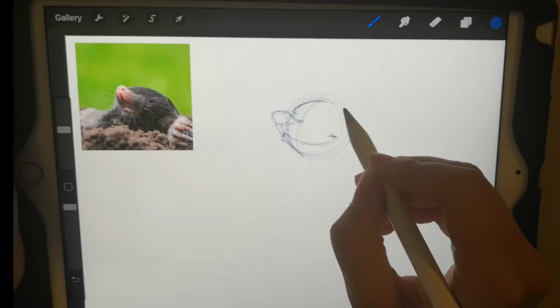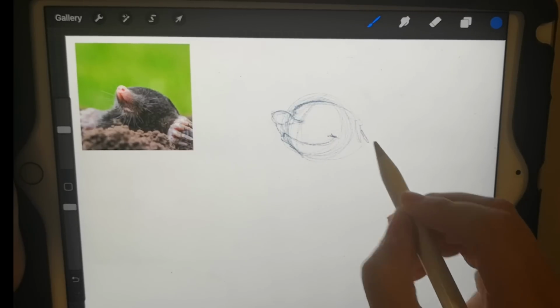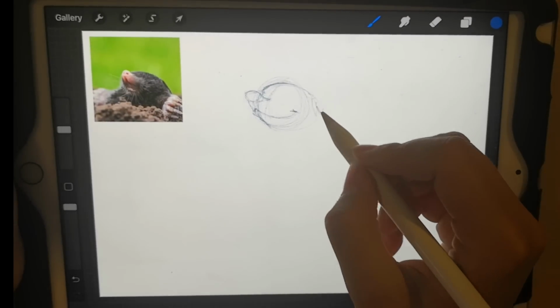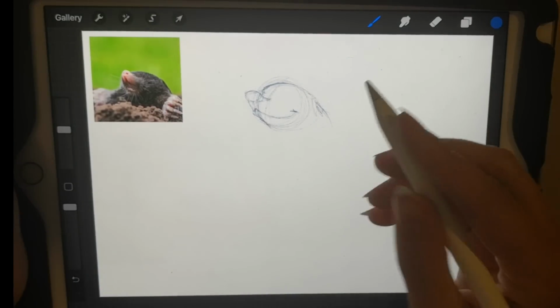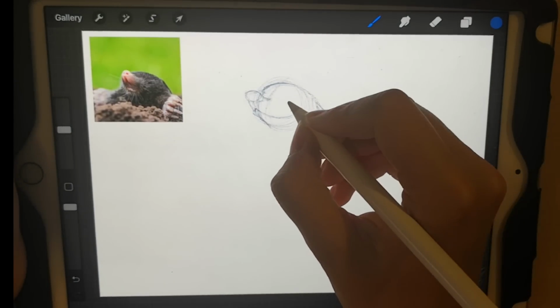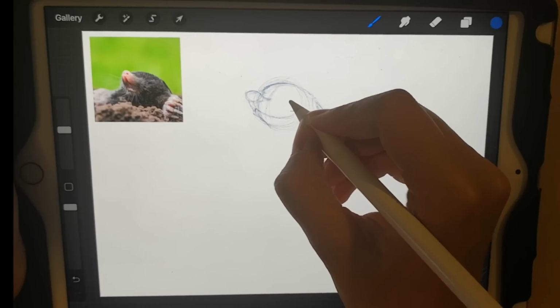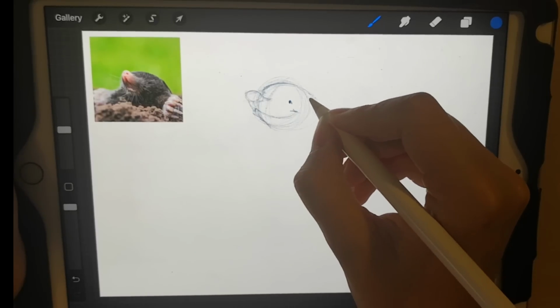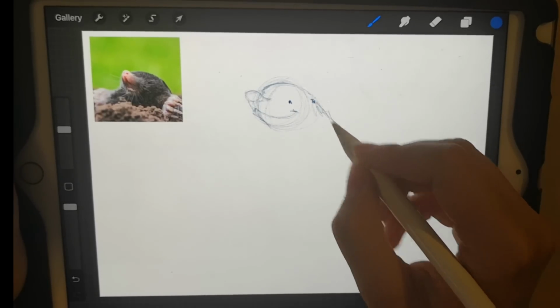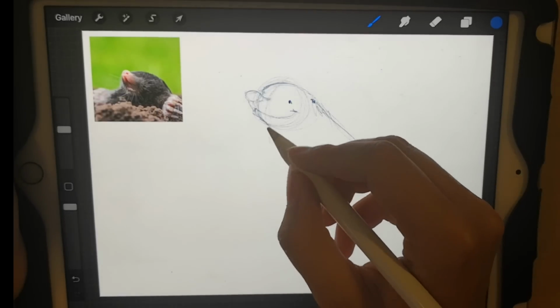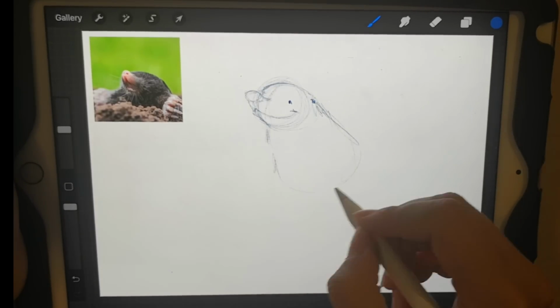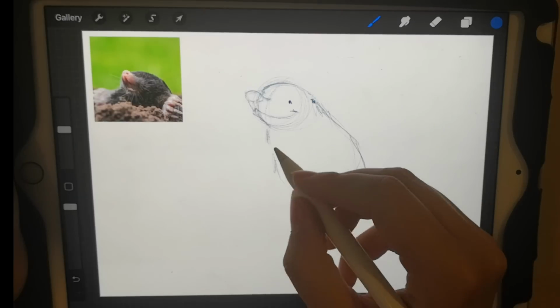Like that. And it seems like the characteristic for the mole that separates it from a mouse is the very tiny eyes right here and the small ears. And as I seem to recall from the other pictures we looked at, it has a pear-shaped body